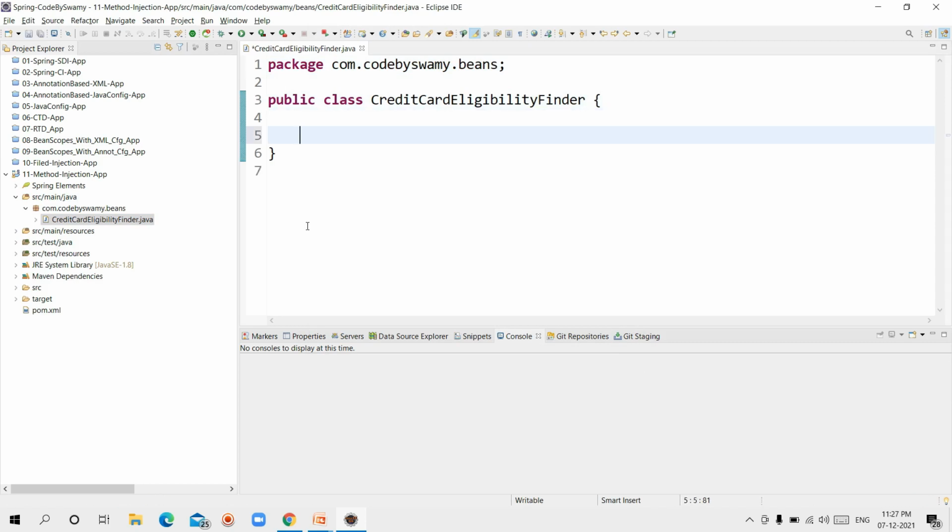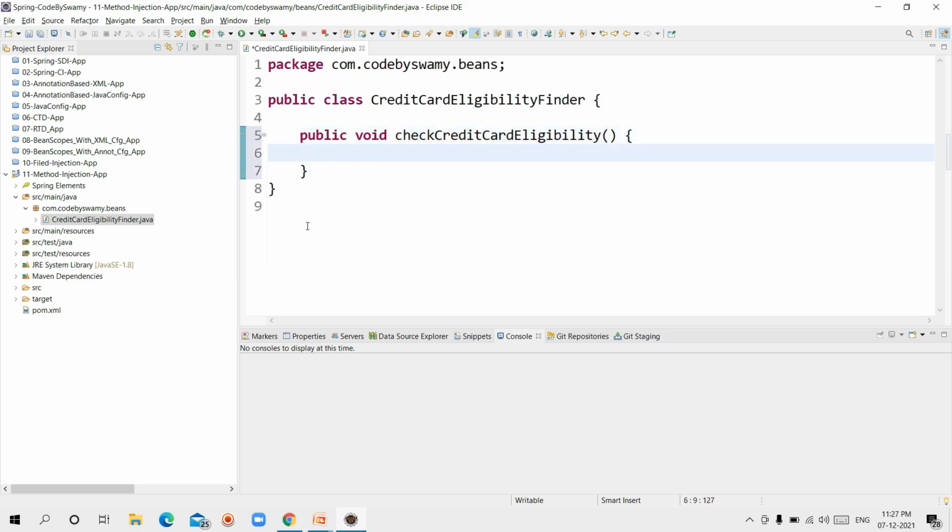In that I am writing one method, public void checkCreditCardEligibility. Here I am writing System.out.println: Welcome to SBI.